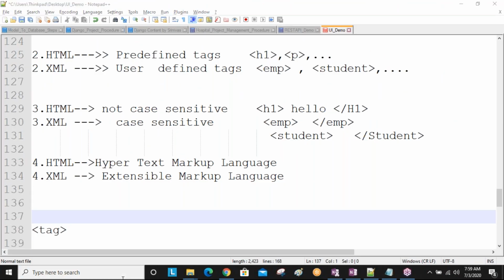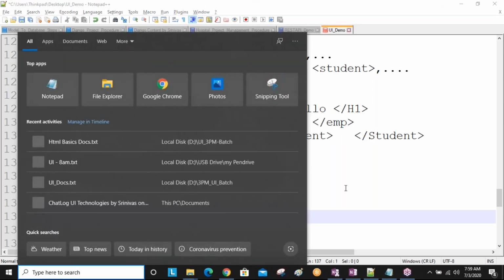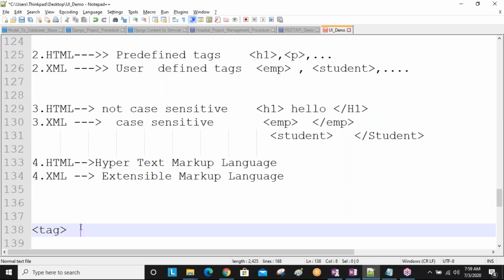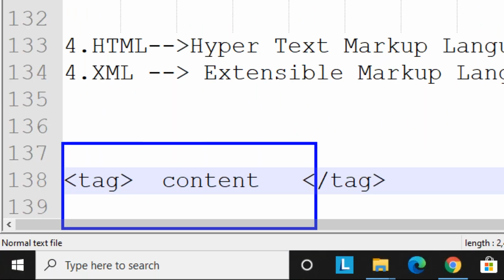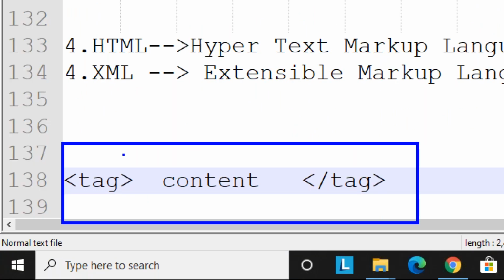For an end tag, you write some content and then, with a slash, you write that tag again. So this is the tag section. Later I'll tell clearly. So this is what we call an open tag.